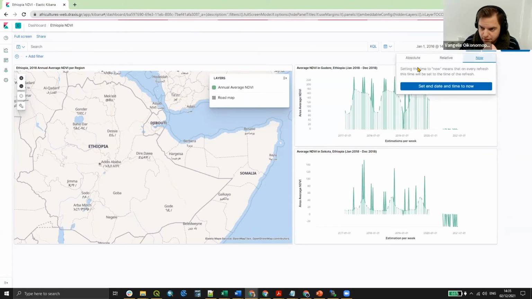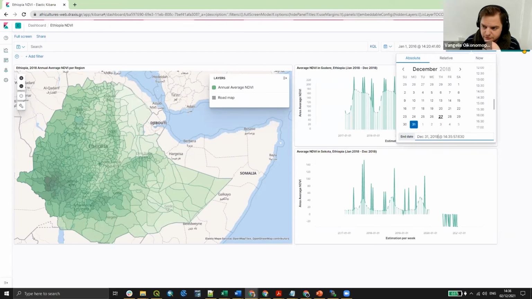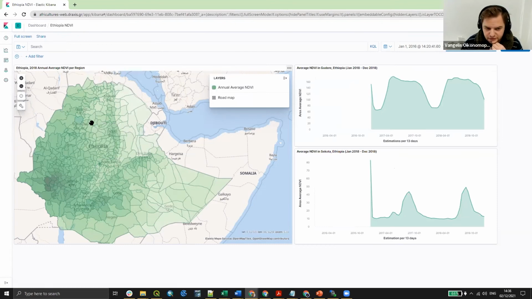So until December 31st, 2019, for this period of time, yes, it's actually the NDVI at administrative level, the mean NDVI in those areas, and